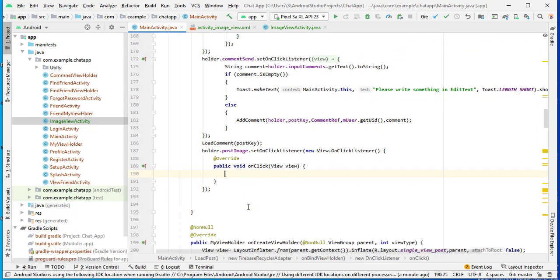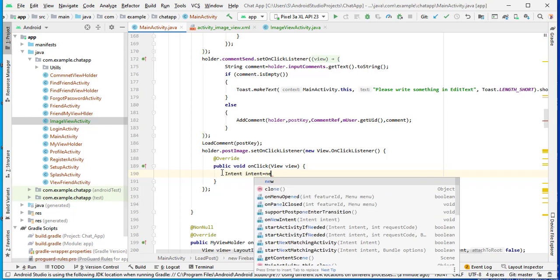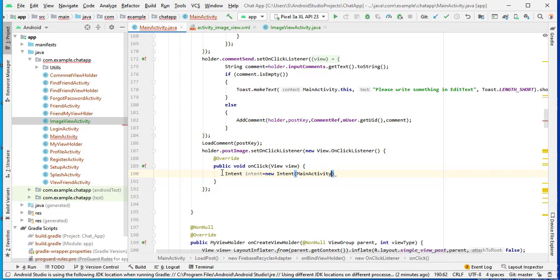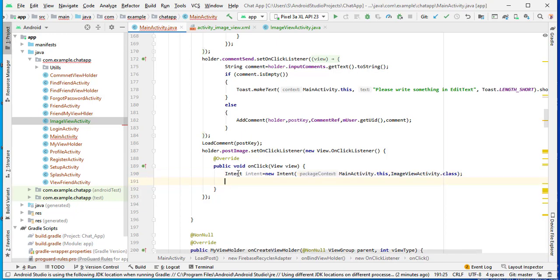Okay, inside this method we need to send URL of that particular image to next activity. So here we will create first intent and call it intent equal to new intent, and this is our main activity, and target activity is our view image activity. So image view activity dot class. Okay, now we will attach our URL to this intent.